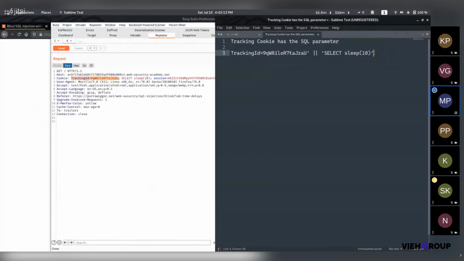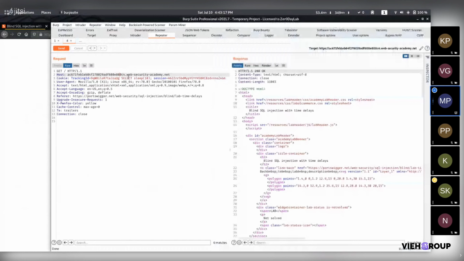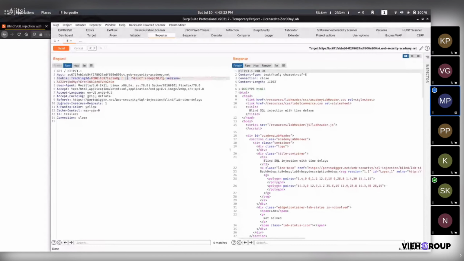Let's try this and remove this previous query, and let us encode this. Control U is a shortcut. So let's try.